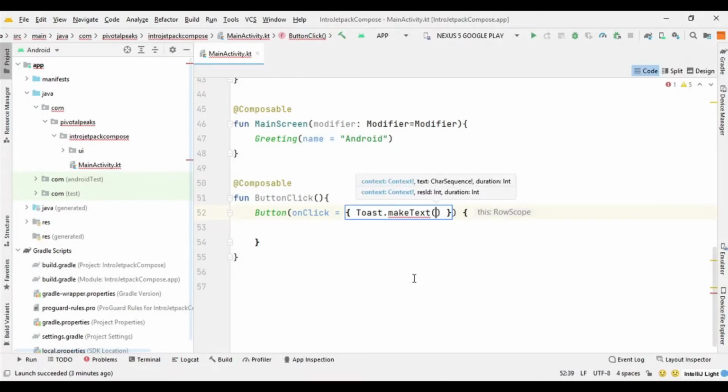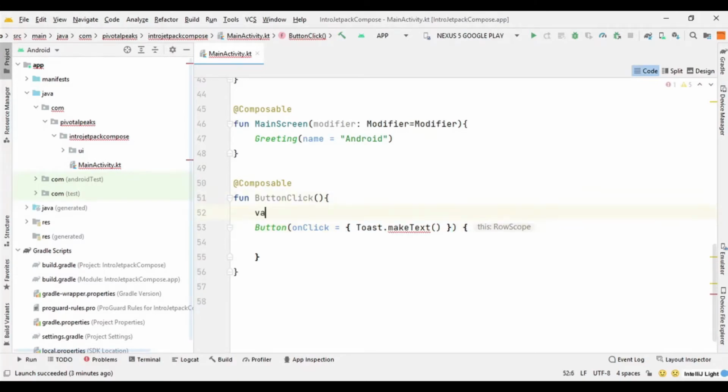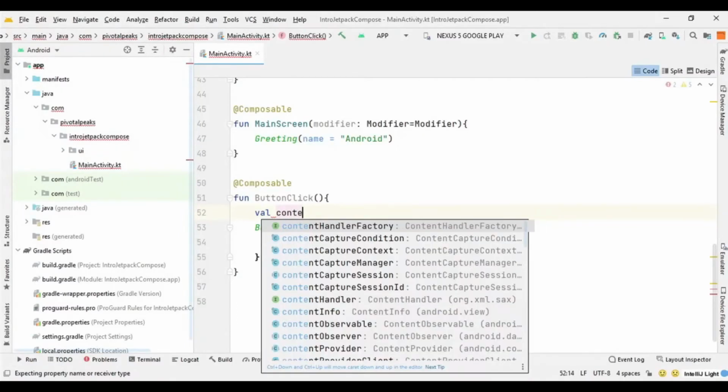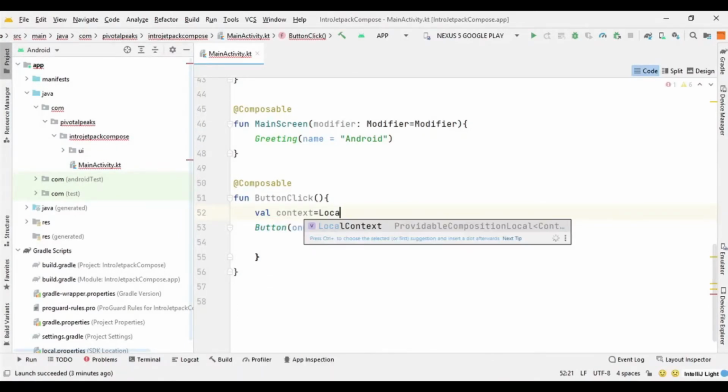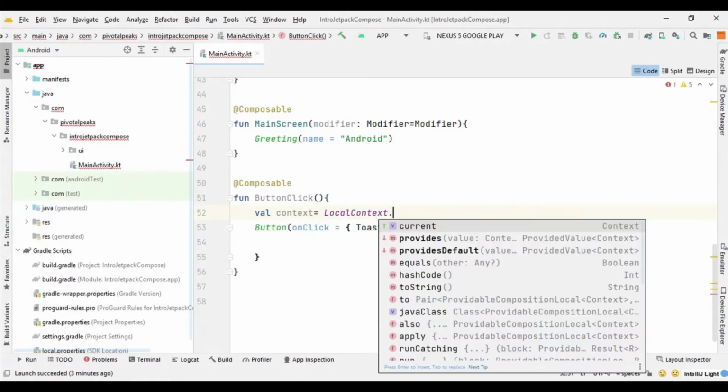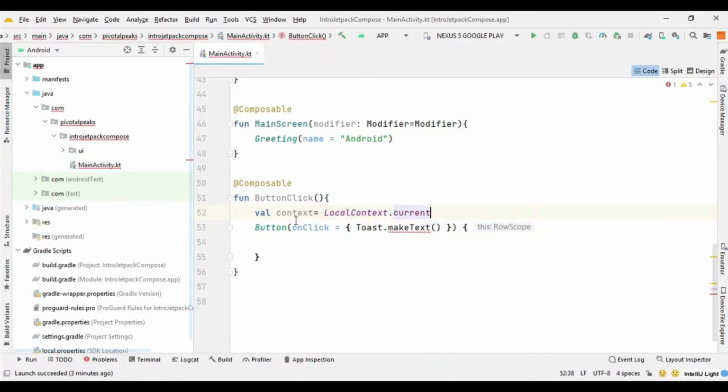And if you have worked with Toast before, or if you know anything about Toast, then you know that a Toast requires a context. So let's quickly create a context for our Toast. We'll say val context, and we will use LocalContext.current, and then we can pass this context here.